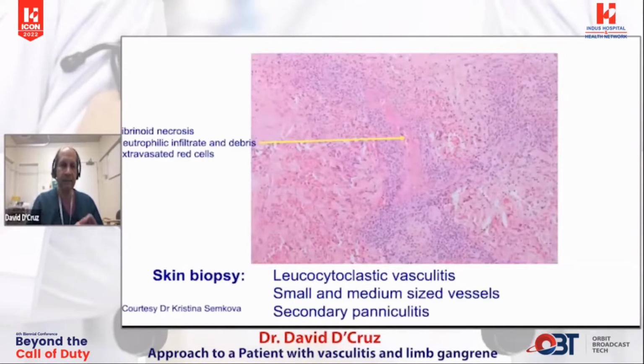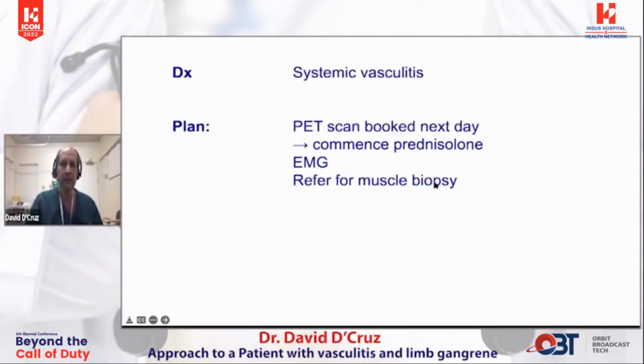leg swelling. A skin biopsy showed classic leukocytoclastic vasculitis, affecting small and medium-sized vessels, and there was a secondary panniculitis here. So you can see fibrinoid necrosis here, a neutrophilic infiltrate here, and extravasated red cells. So there's no doubt the diagnosis was that of a systemic vasculitis, and we wanted to understand whether he had large vessel involvement. And so we requested a PET scan, requested an EMG, and we were considering referring him for